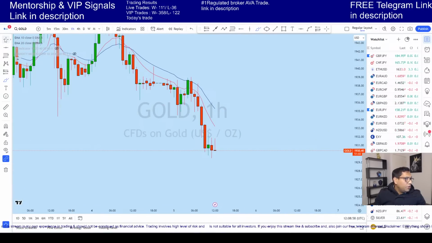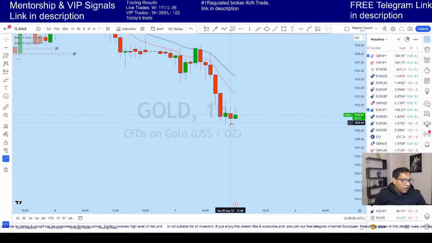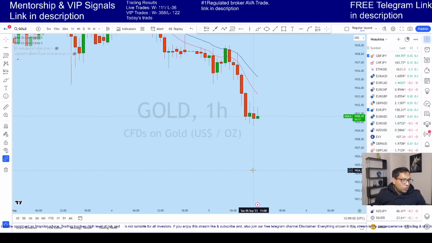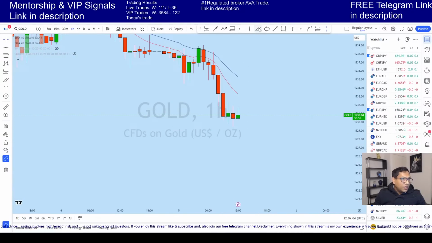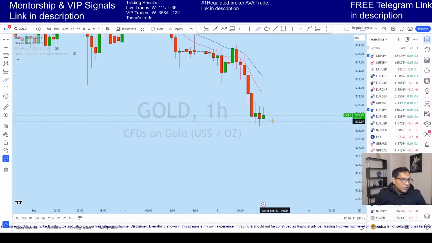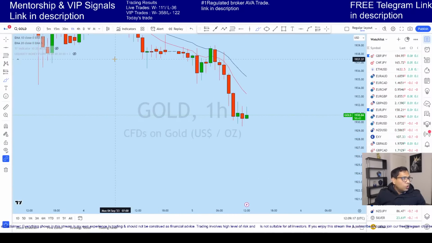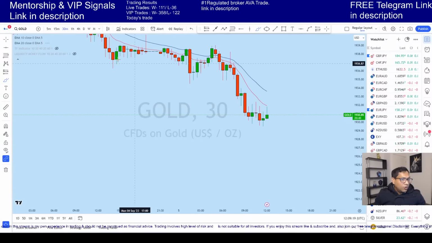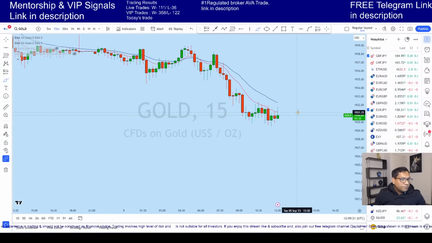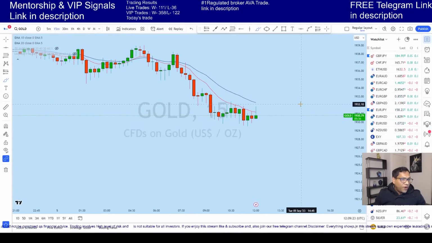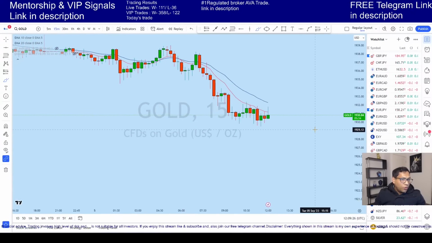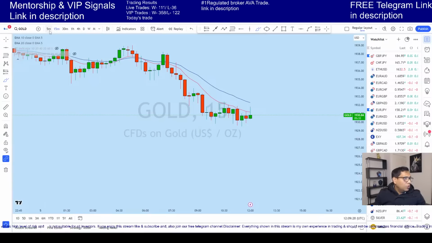Now, in the previous hour we saw a red candle, which is also a bearish candle, creating in that zone, dropping along this zone, and we can expect gold to drop to create a new lower low. So with that said, in this time frame, as soon as we find a suitable entry opportunity, I will be looking to enter